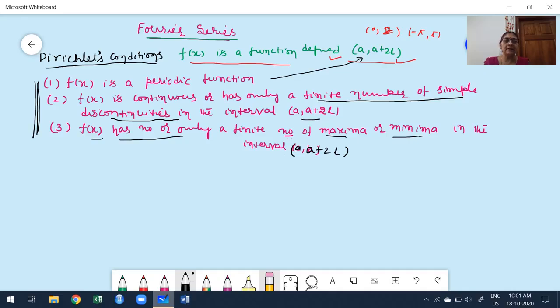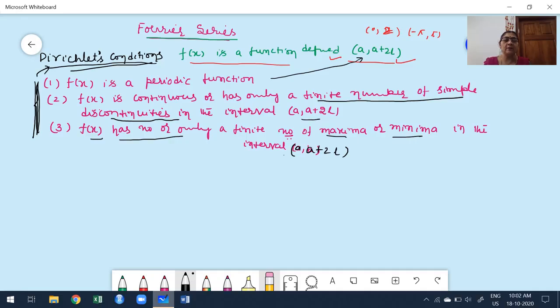Suppose it does not satisfy any one of these conditions, it is not possible to construct a Fourier series. Combining these three conditions, they are treated as Dirichlet conditions. If you want to consider it in one line, if you want to construct a Fourier series in the corresponding interval, it must satisfy the Dirichlet conditions. Suppose it does not satisfy any one of these conditions, it is not possible to construct a Fourier series